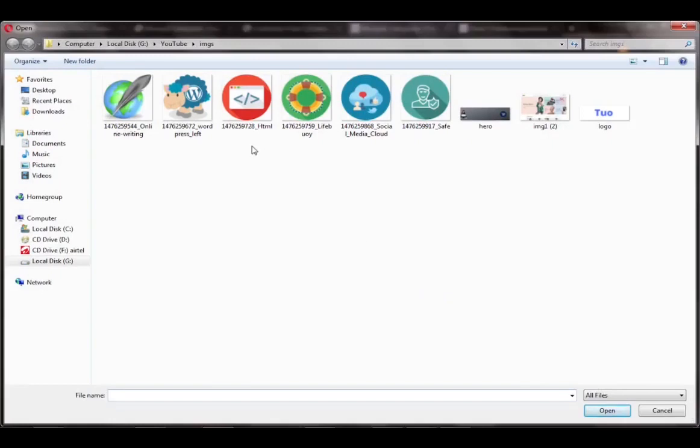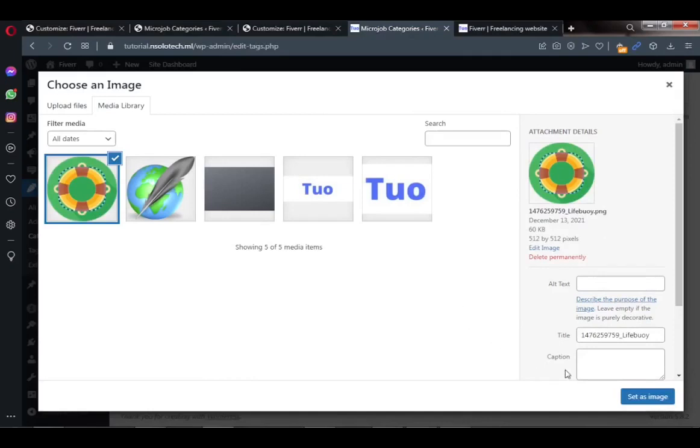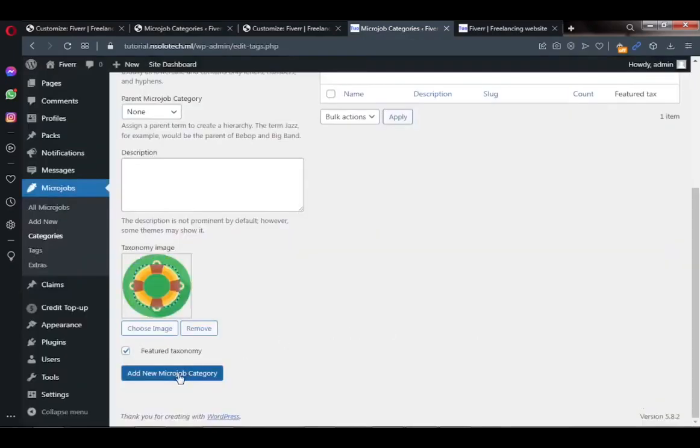And that one was blogger and writer, so let's assume it's this one, and we just open it or double click that, wait for it to load, upload. Once we get that uploaded, you set it as image, and then make sure you check mark this feature taxonomy, and then you add new micro job category. Okay, so you add category,